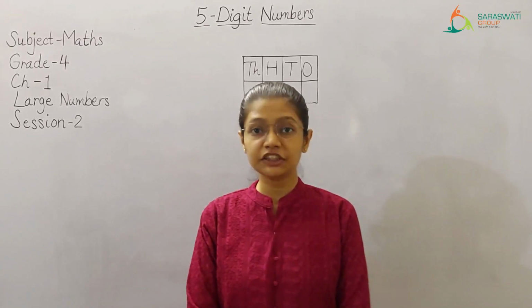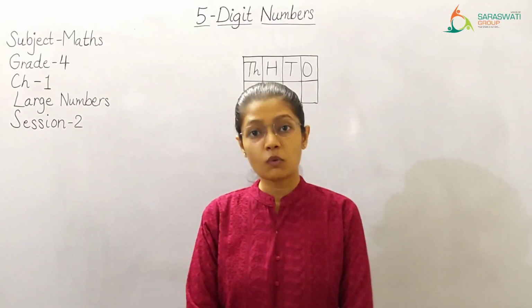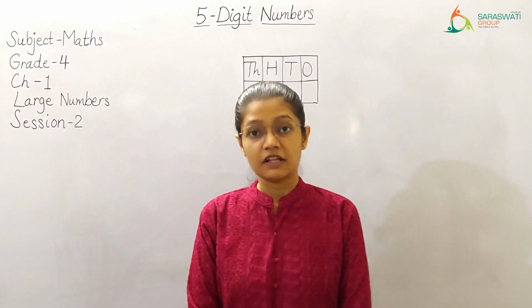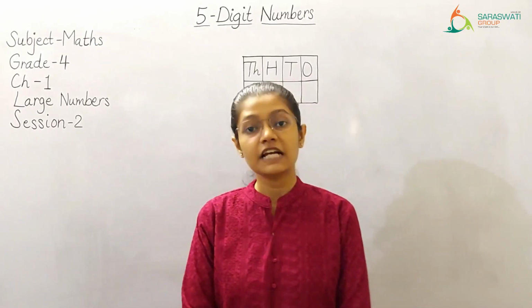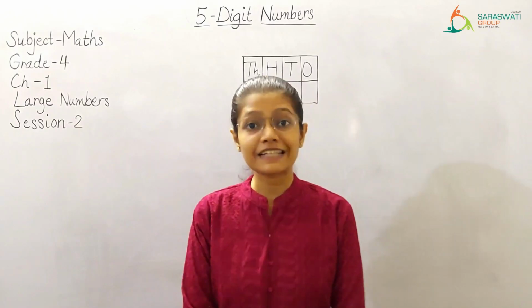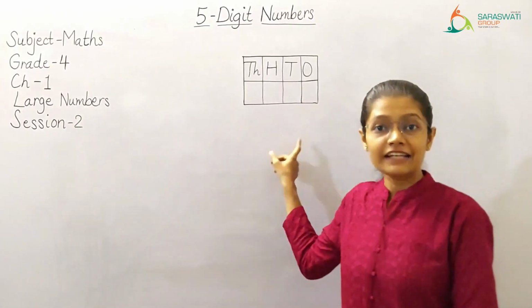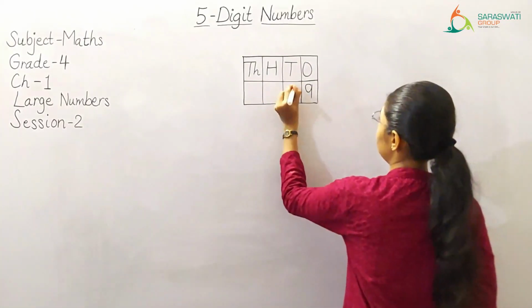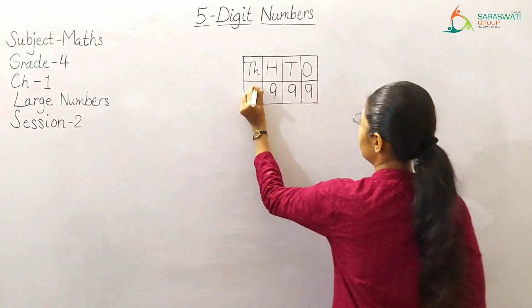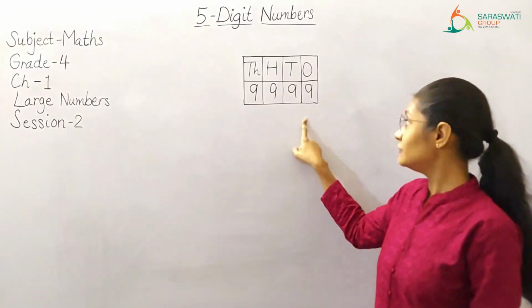Today I am conducting session number 2 for subject Math, grade 4, chapter number 1, large numbers. Now, you have already learned up to 4-digit numbers in your previous grade. So, the greatest 4-digit number will have the digit 9 in all the 4 places: ones place, tens place, hundreds place and thousands place. And the greatest 4-digit number is